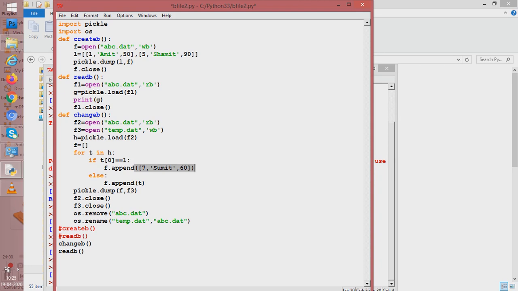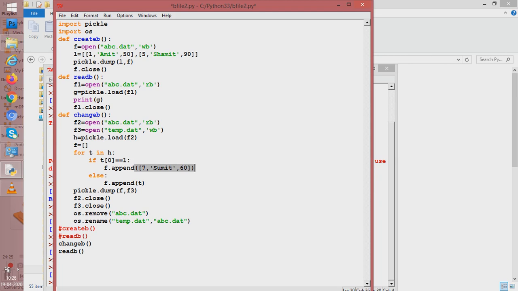So what would happen? Now F would not contain anything about 1 Amit and 50. It would contain a new sublist with the record of Sumit. So instead of the record of roll number 1, that is Amit, F would have the record of roll number 7, that is Sumit, 60, and F would have other records as in the old file.